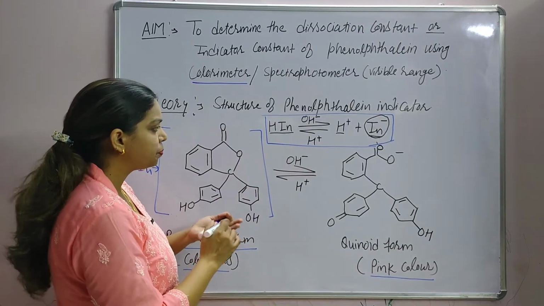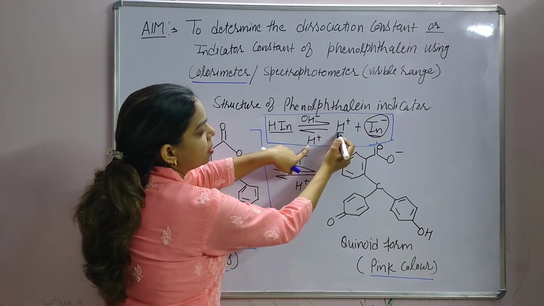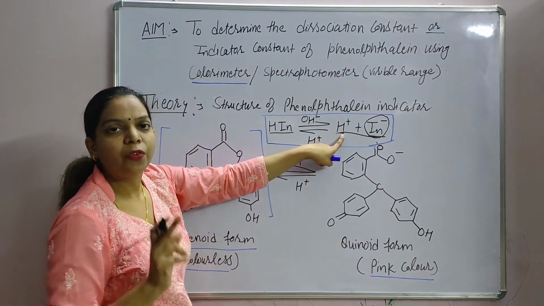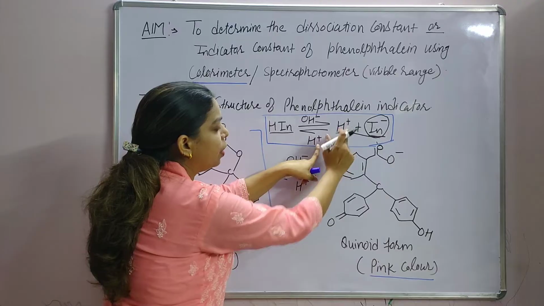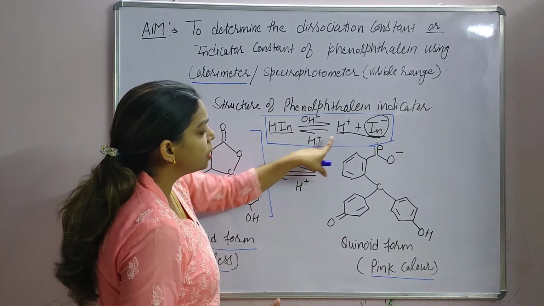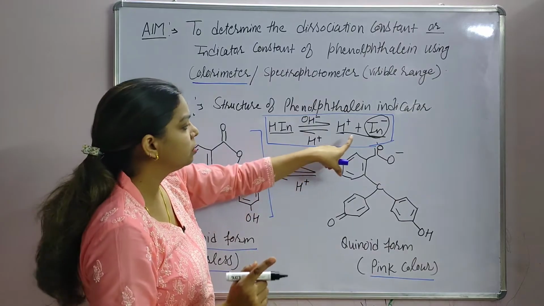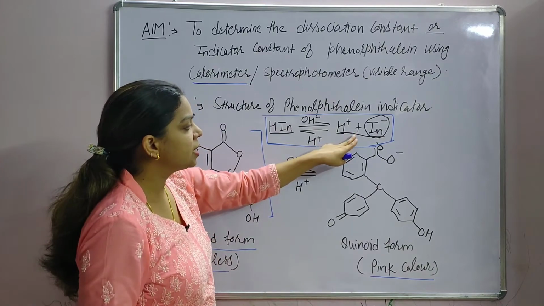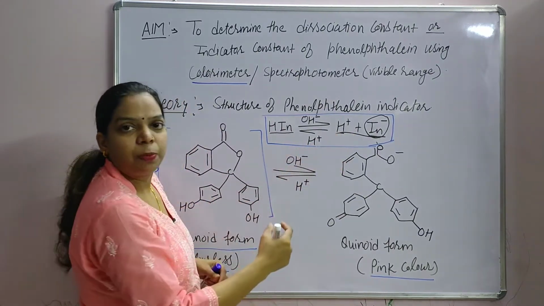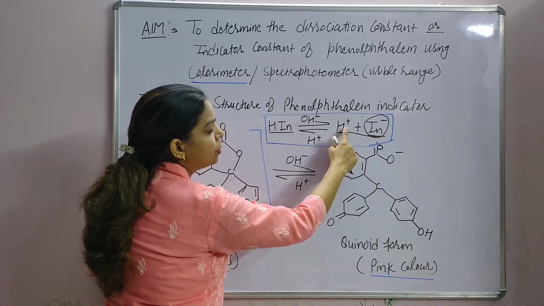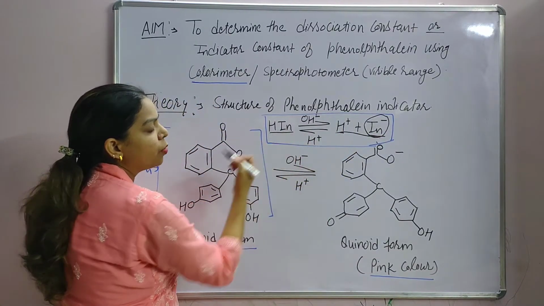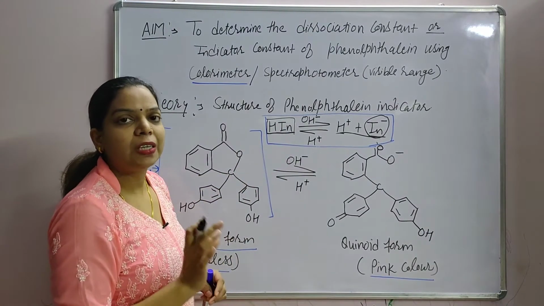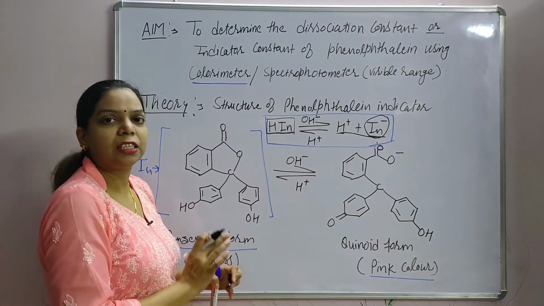This is because phenolphthalein is a weak acid. If some strong acid is present here, the strong acid will give H positive ions. So common ion effect will be caused, and the strong acid will not allow this indicator phenolphthalein to ionize so that it can give color. Or we can say, due to Le Chatelier's principle, if this gives H positive ions, this reaction goes in the backward direction. So this form is dominant in the reaction when the solution is acidic or the acid is present.